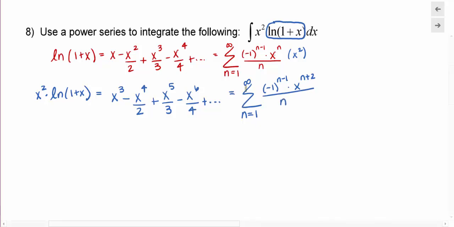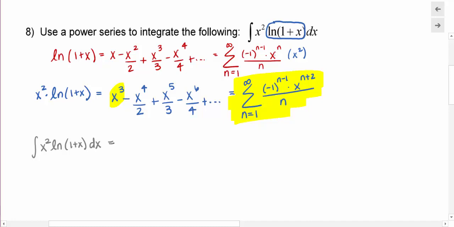And again, you should stop along the way and just check your power series before you differentiate or integrate. Do you get the terms that you think? If you put in n equals 1, do you get this first term of x cubed? Just make sure that in fact you do. All right, so now I want to integrate this series